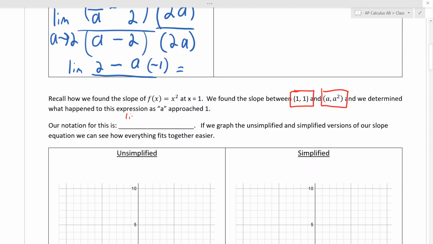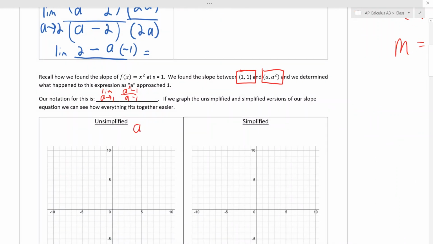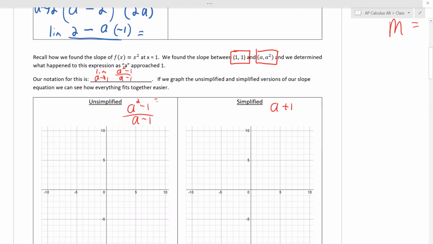The notation that we use is just what we used in the warm-up: a squared minus 1 over a minus 1. That's the unsimplified version. Yesterday we saw that if we factor and cancel, it reduces down to a plus 1. So this thing here and this thing here are equivalent. They're the same except for at